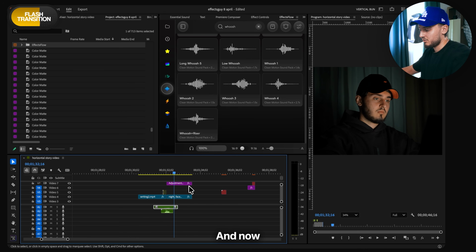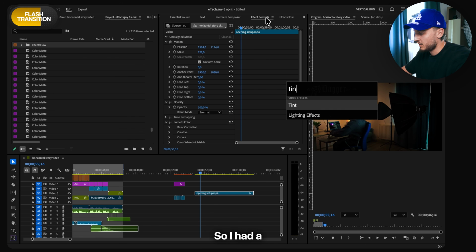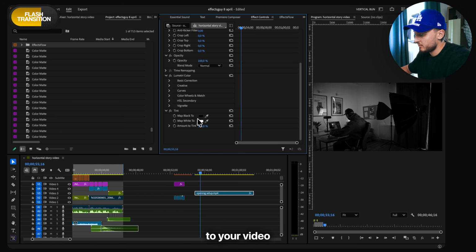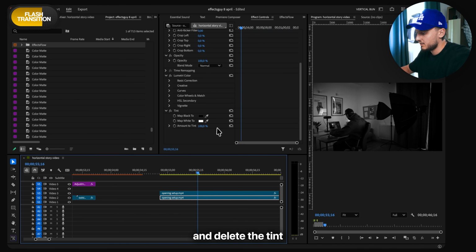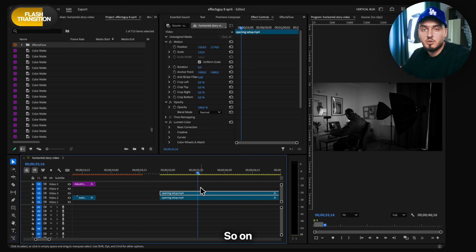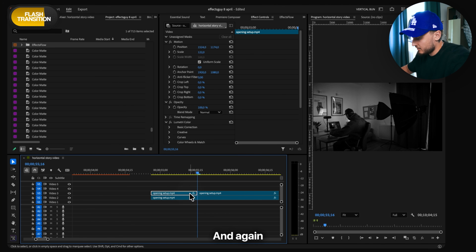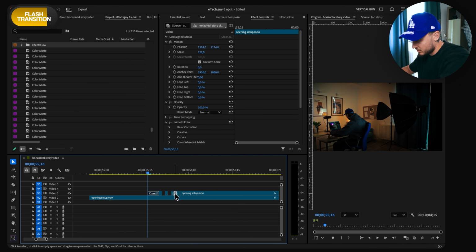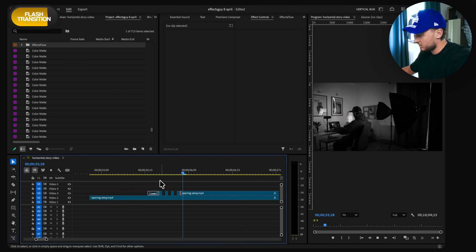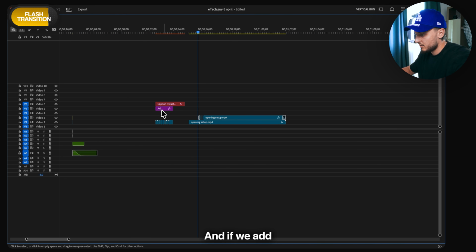Nice. And now let me show you the tint, how to do this. So add a tint effect to your video, as you can see here, and duplicate your video and delete the tint on the bottom one. So one on top is tinted and the other one behind it is not. Just like so. And again, I add the same thing that we did for that transition. Just like so. And if we add that zoom in,